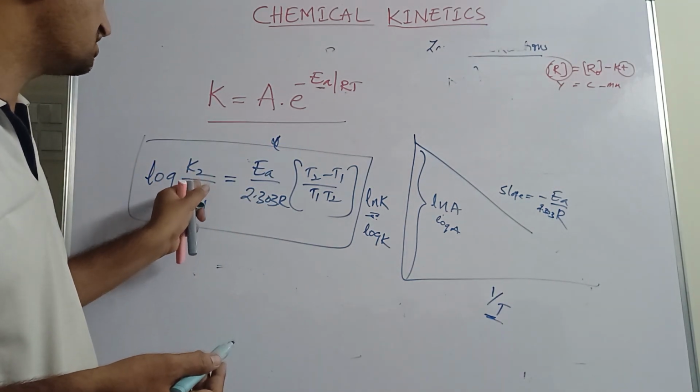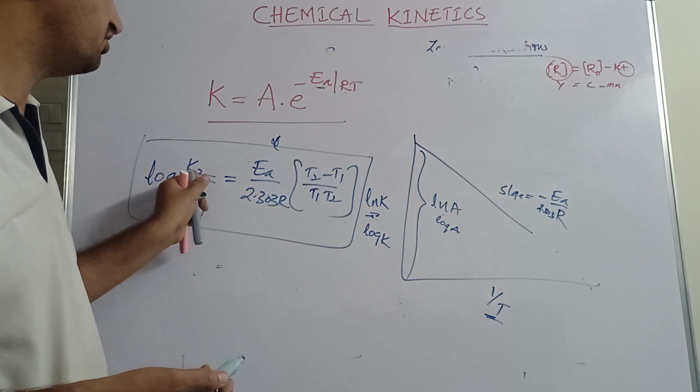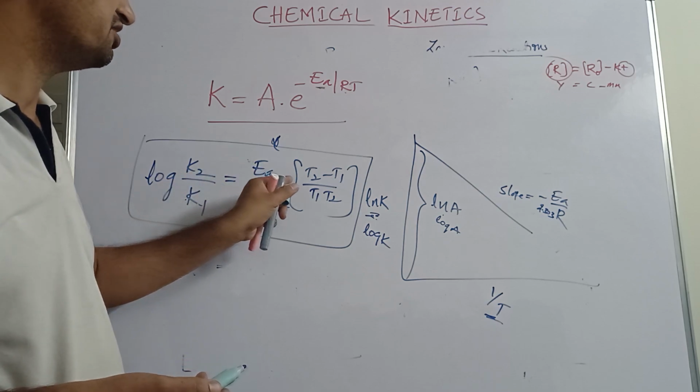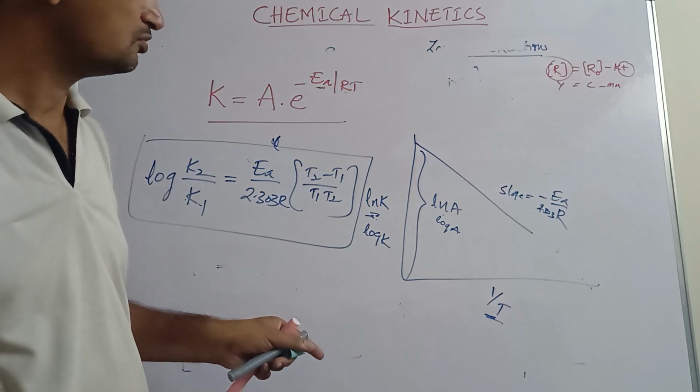Here k2 is the final rate constant, k1 is the initial rate constant, Ea is the energy of activation, and T1, T2 are the temperatures. Okay. Now,